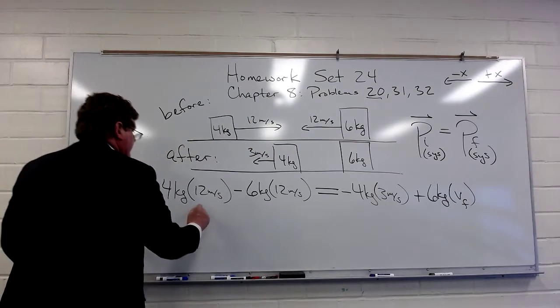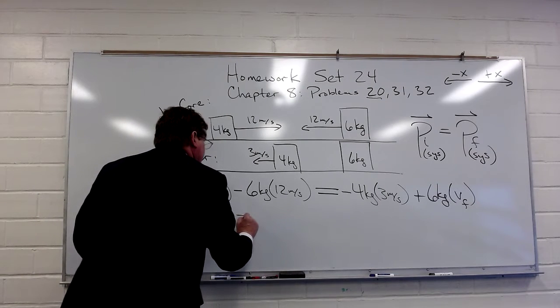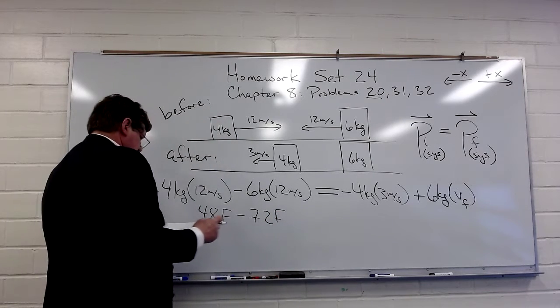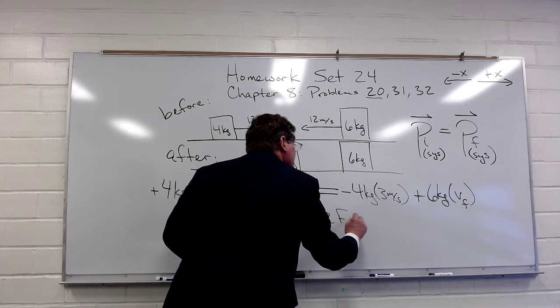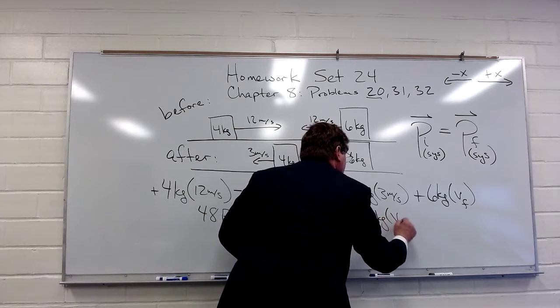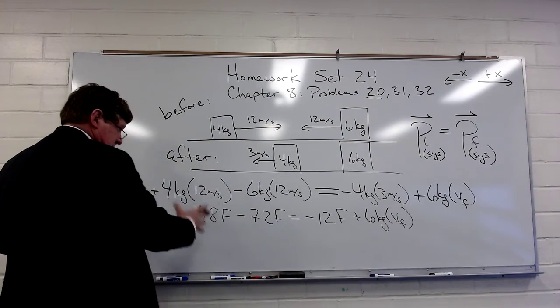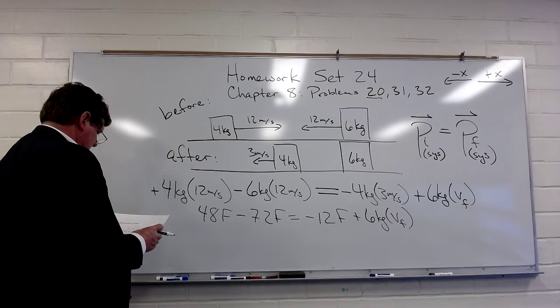So this is going to give me 48 minus 72 is going to equal negative 12 plus 6 kilograms V final. Well, if I take the negative 12 over to the other side,